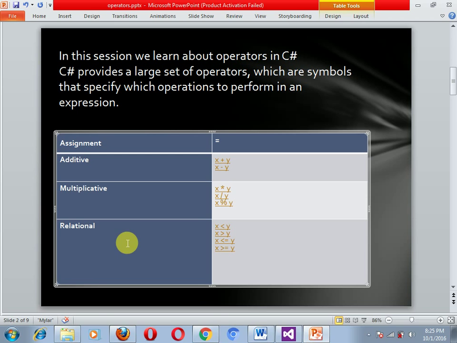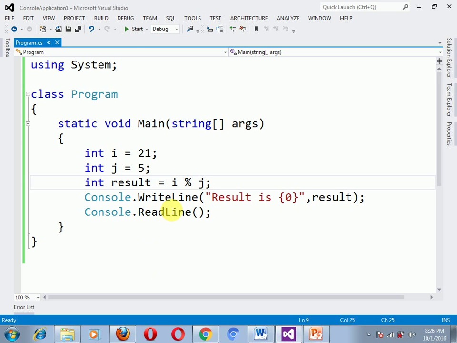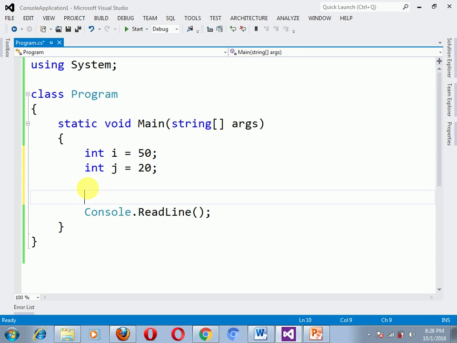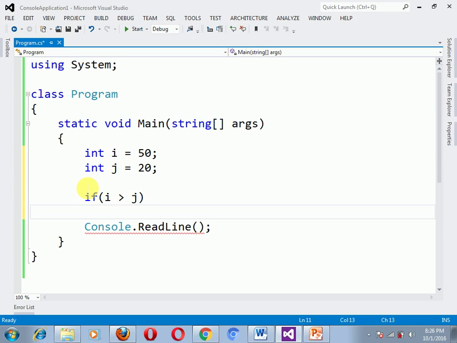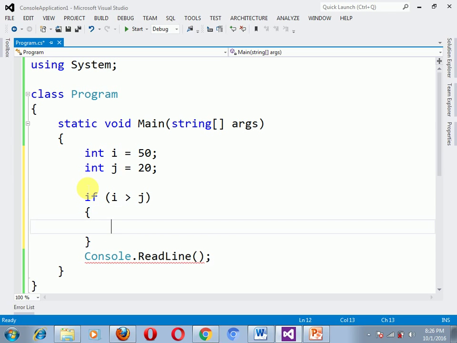Means if we want to compare two numbers, then we will use relational operator. Suppose we have an integer i equal to 50 and integer j equal to 20. Okay friends, and if we want to compare which number is greater, for this we have to use relational operator. Means if i greater than j, we are comparing the two numbers to see which is greater, then